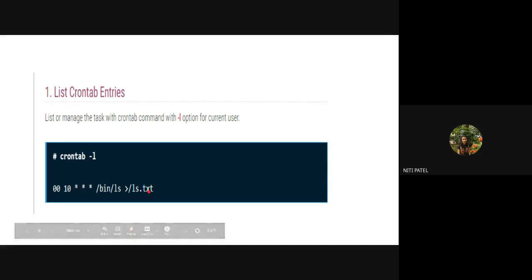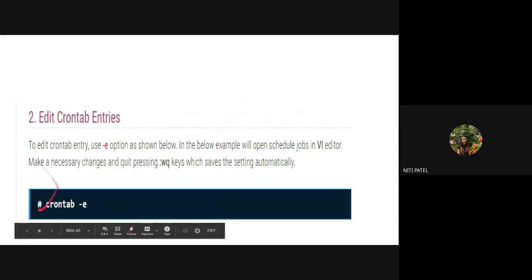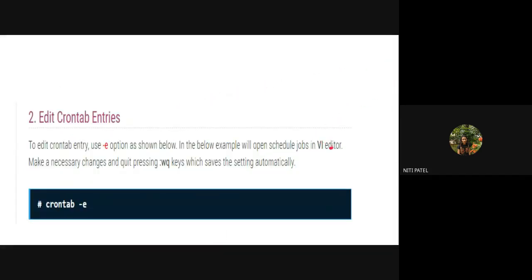Now, since I have replaced it, I also need to save it, because if I do not save it, it will continuously use this ls.text command only. So to save that, I will type :wq and then press enter. So this is how you edit any particular command inside your VI editor. Where are all these commands written? All these commands are written inside your VI editor. Therefore, we are opening the VI editor and then editing those commands. Is this clear? Aditya? Yes.